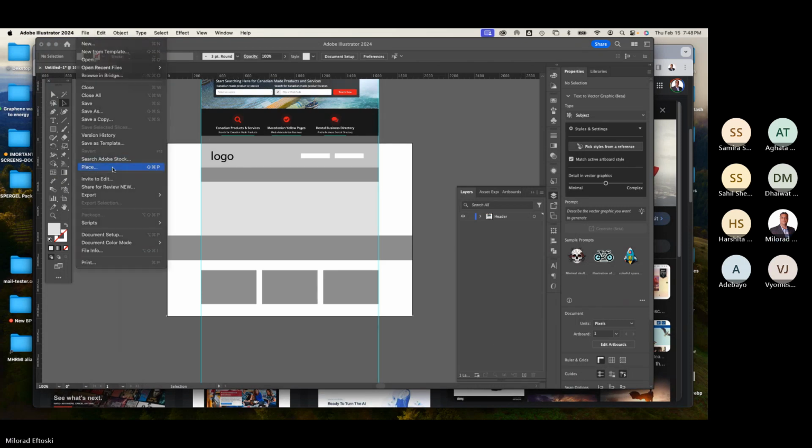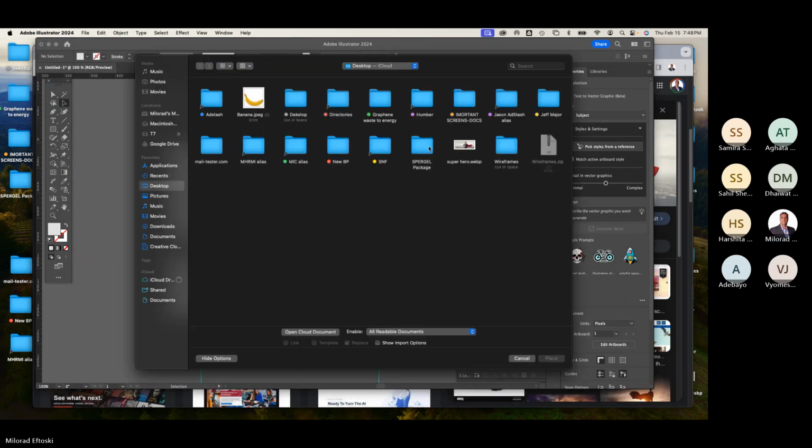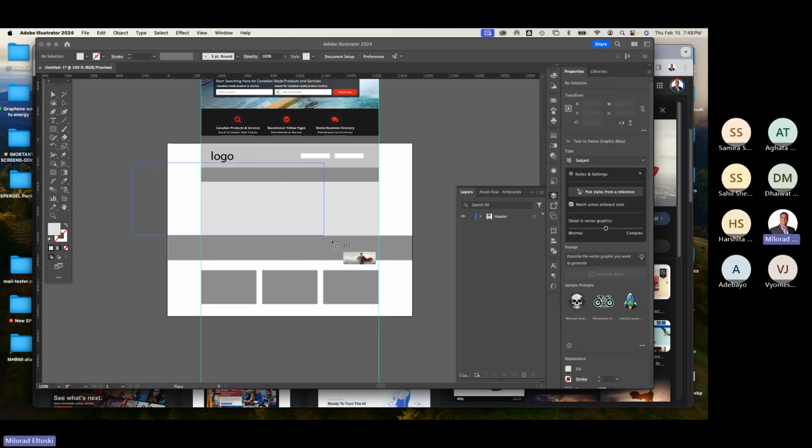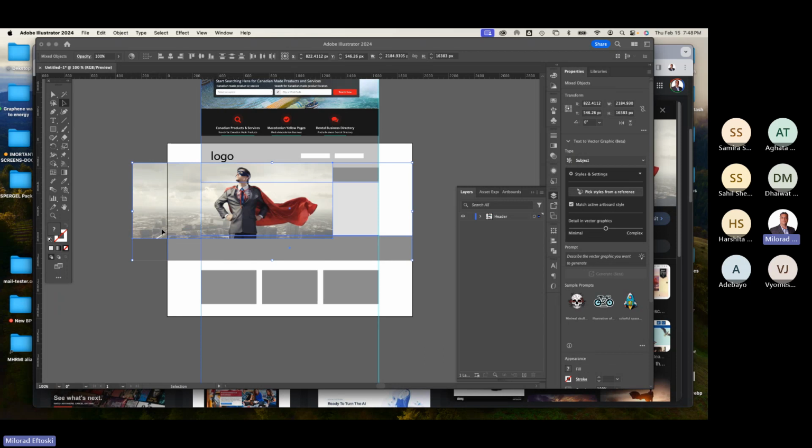File, Place. There's my hero. Oh, it's a web page file. I think it'll still work. Will it? Sometimes it doesn't support WebP files, but we'll see. Oh, there it is. It does support them now. Okay, so this image can go